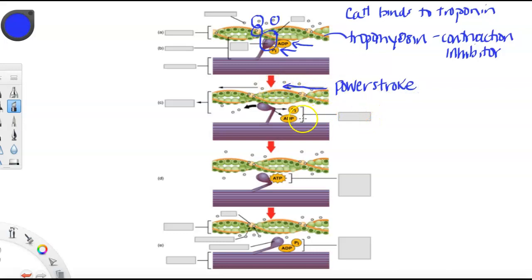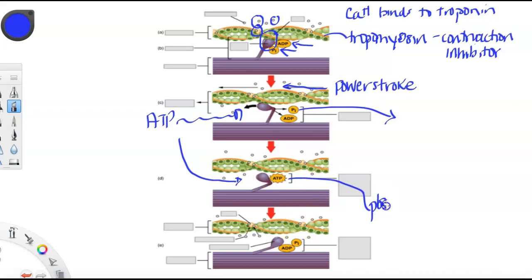So once it does the power stroke, the energy goes away. The energy's used. He used it. Okay. So now we're kind of stuck. The myosin head is kind of stuck on the actin. That's where the ATP binding site comes in. ATP comes in after the power stroke and releases the myosin head. So there's the ATP there. As it's coming down, as the myosin head is coming down, the ATP